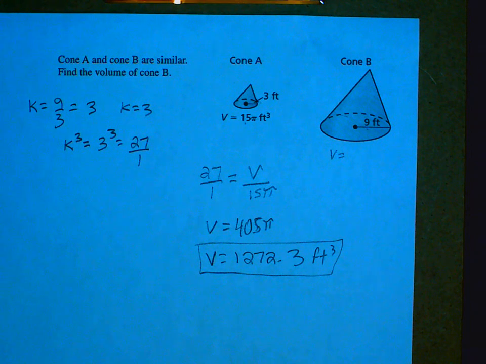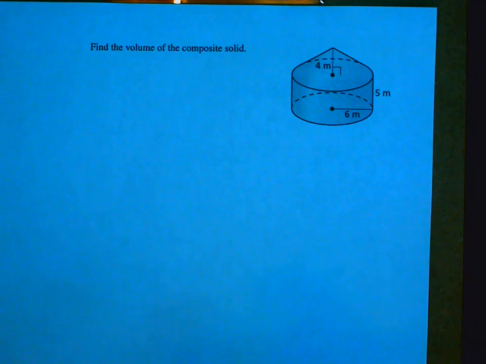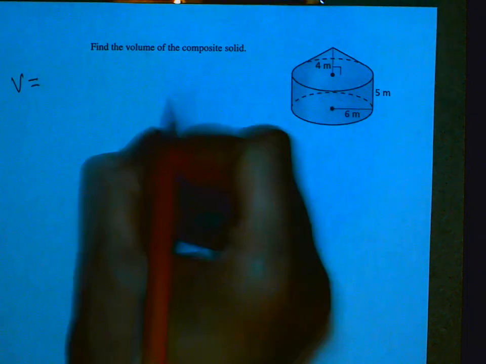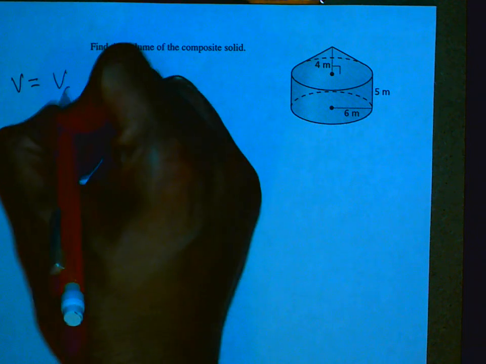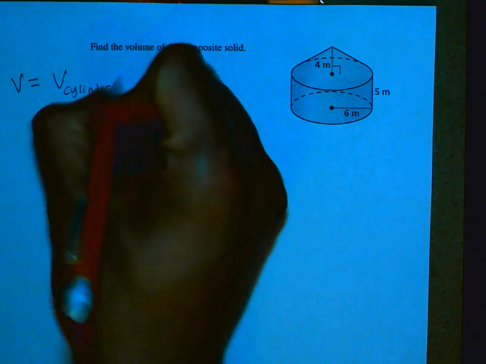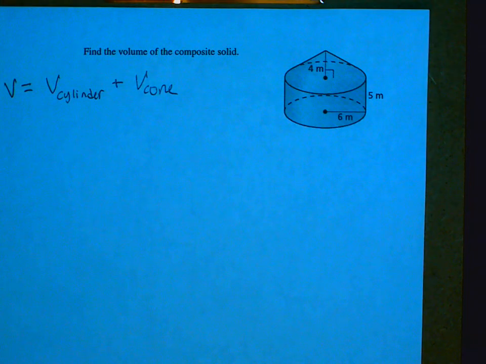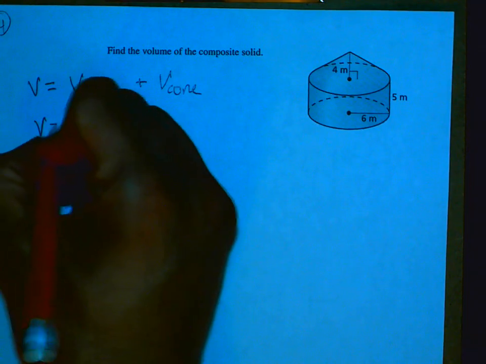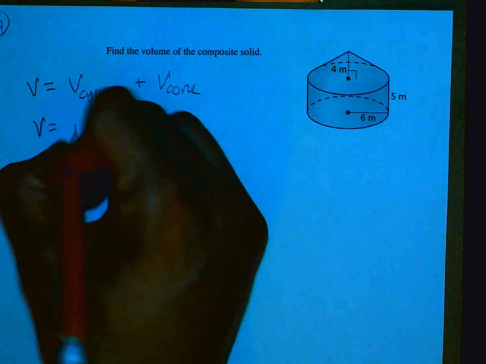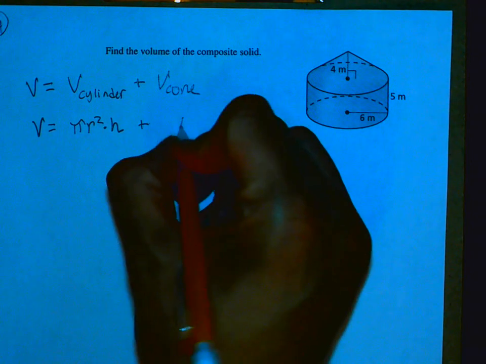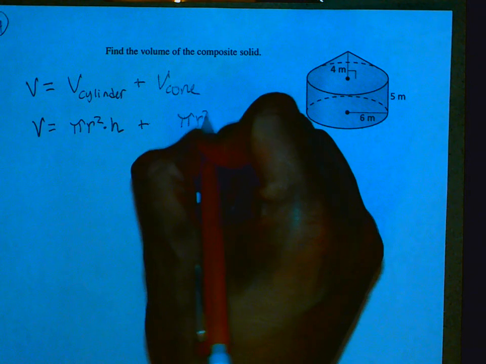Example number 4. Find the volume of the composite solid. So in order to find the total volume, we need to add the volume of the cylinder and the volume of the cone. So for the volume of the cylinder, we're going to be using area of the base times the height. For the volume of a cone, it's pi r squared times the height,